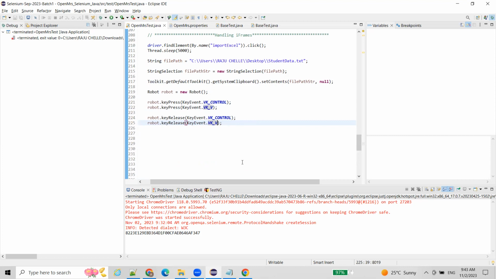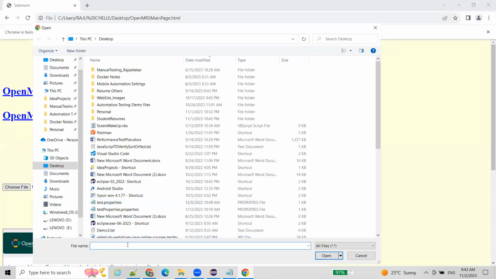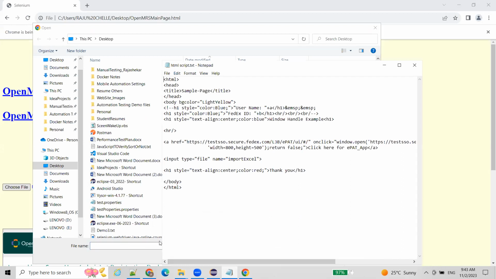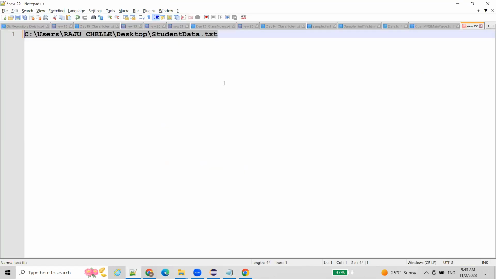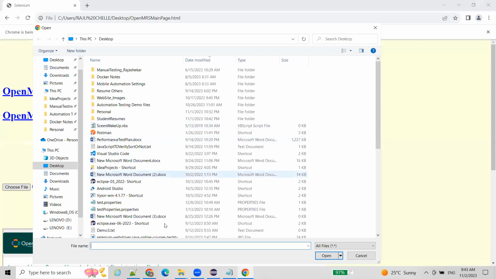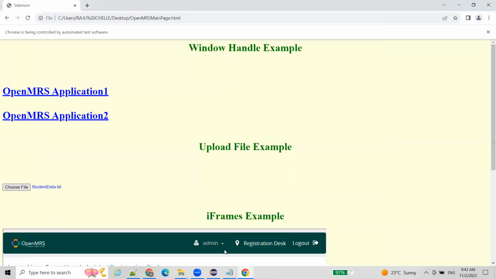Now what you have to do is click on the open button. After pasting, it is already a focused button, right? If you press Enter, it will automatically open. After pasting the path, I'm not clicking on open, I'm pressing Enter, and it is uploading, right? So if you want to press Enter again, you can